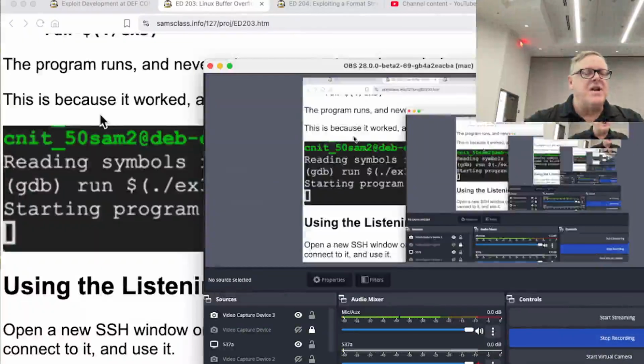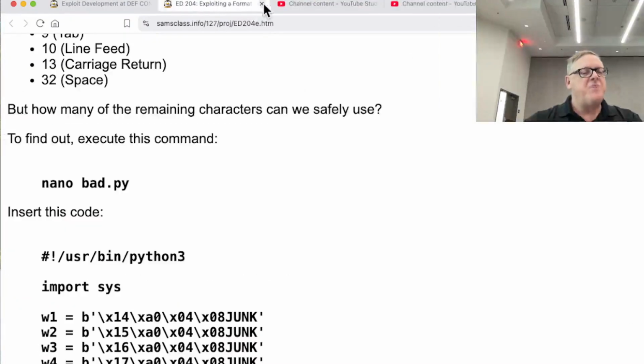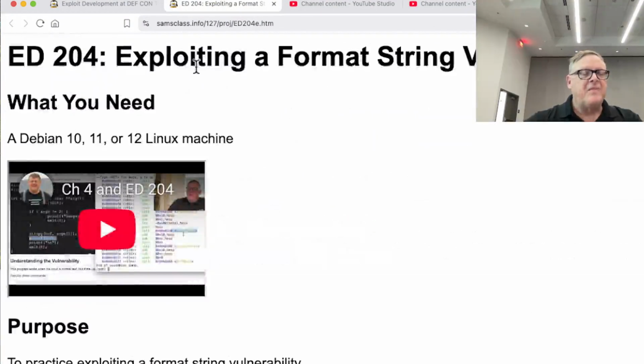So the next one is the format string vulnerability, which is pretty amazing. All right, you might realize that all the problems are caused by C. All the problems we've exploited so far are caused by the way C handles the things it calls strings. Strings are just null-terminated byte arrays, and it isn't intelligent enough to notice if you put in something too big, which is pretty ridiculous. All modern languages like Python and Java would not let you do this. If you try to put in something longer, it will just allocate more memory. But C doesn't, and that's the problem.